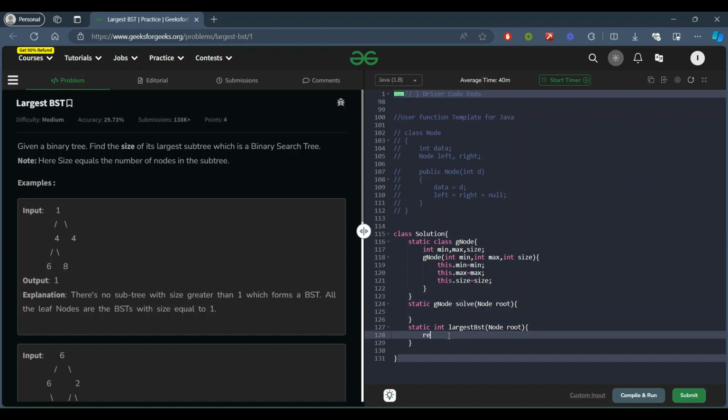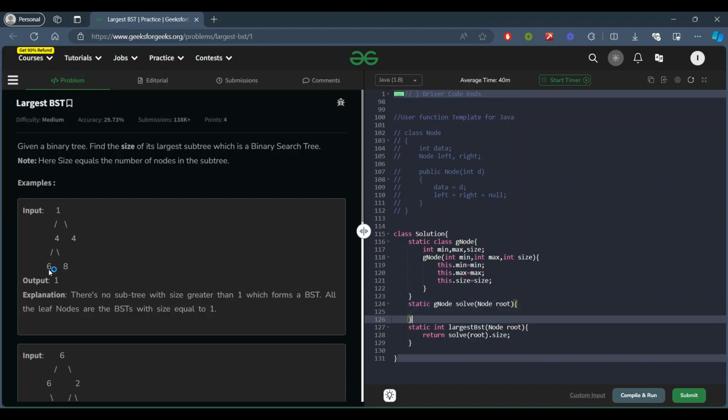Here, from our largestBST function we are going to call the solve function and pass root, and then we will keep the size of root, whatever this function gives, and we will just check what is the maximum size we are getting. Okay, so before that, let's understand how this solve function will work.